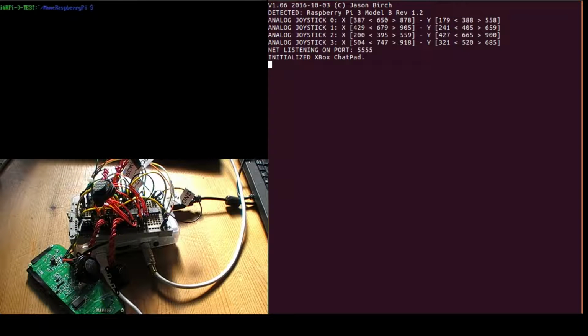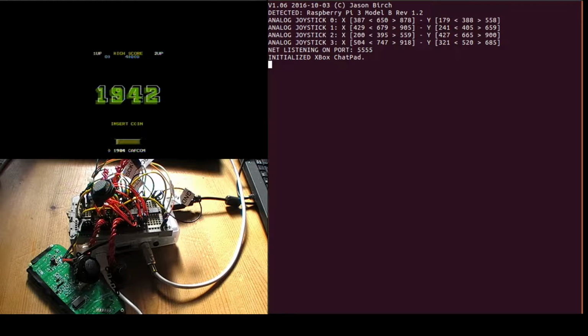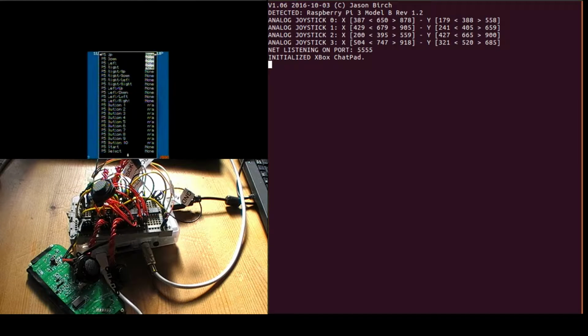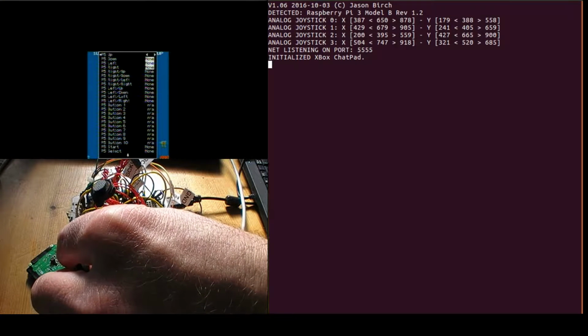So in my other window, I've got a video capture of the composite output of the Raspberry Pi, and in there I can start up MAME to show a game, and you need the minus JT argument as 5, so it picks up the joysticks, and then if I hit enter, it goes into the game. So when I hit tab, it goes into the configuration, and if I go into input general, I'll go into controller 5 because I haven't got that configured currently, and if I select one of the items and move the joystick to the left,